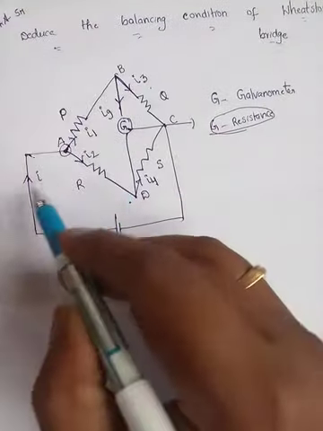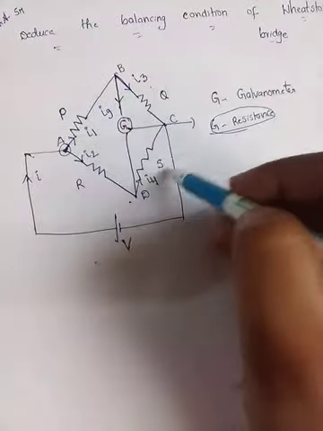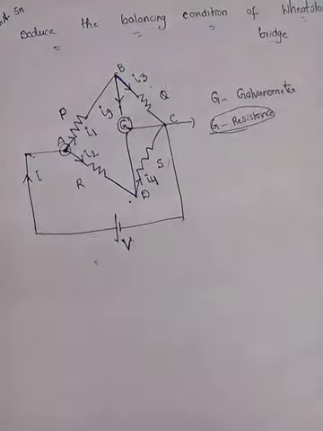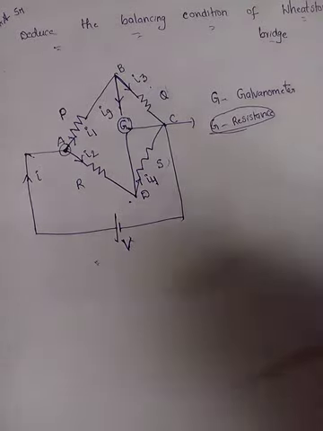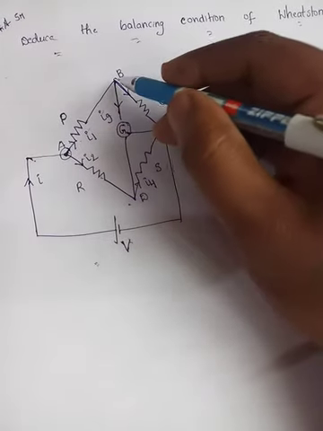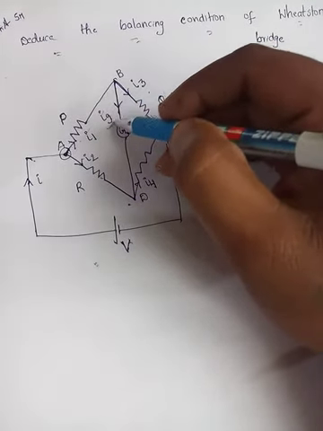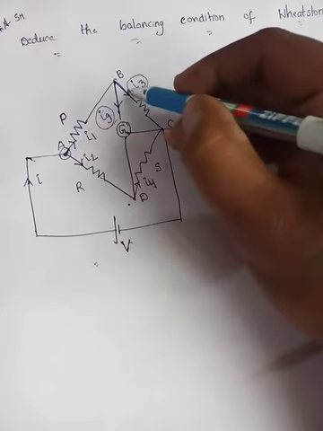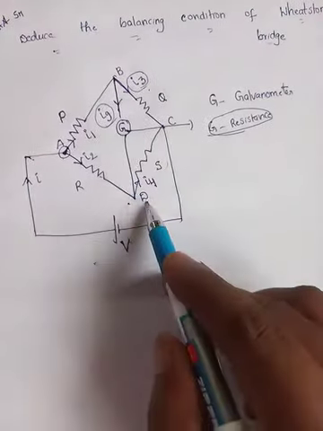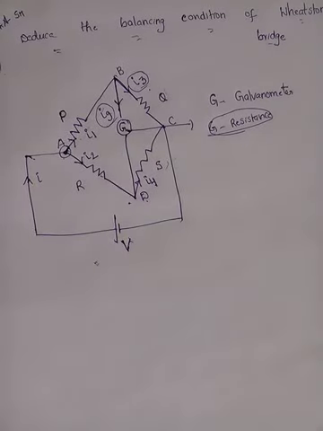So when you connect this bridge to the battery, the current starts to flow. When it comes here, it is connected to a parallel combination and the current divides into 2 parts. One is I1 along P, I2 along R. When I1 came here, again it has 2 conductors, so it is divided into Ig and I3. Here I2 and Ig are coming towards D. So the final current is I4.